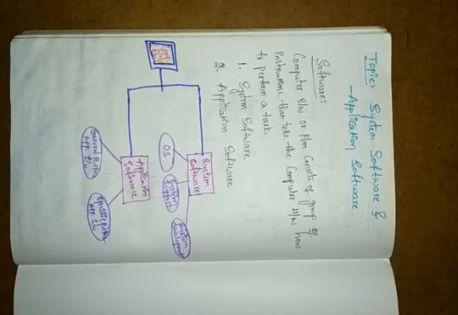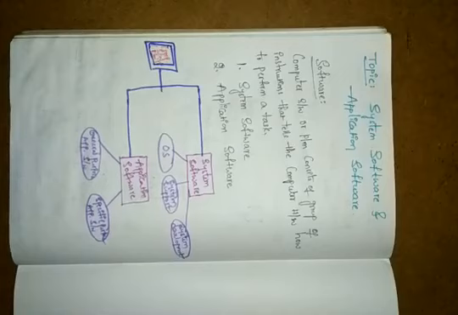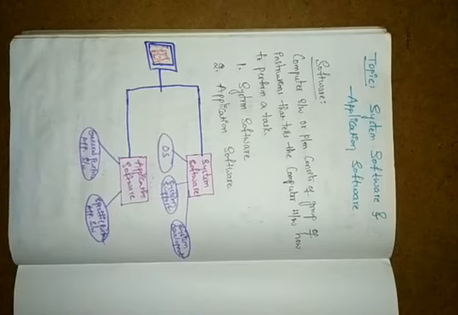Here this software can be divided into two types. One is the system software, and the second one is the application software, right? This system software is again divided into operating system, system support, and system development. And this application software is also divided into two types: general purpose application software and specific purpose application software. So let's see what is system software and what is application software, and also we will discuss the types and how we describe them, right?